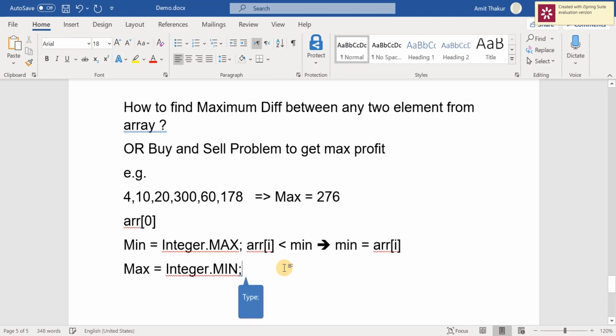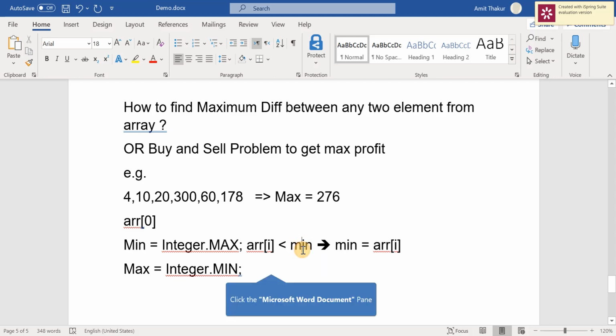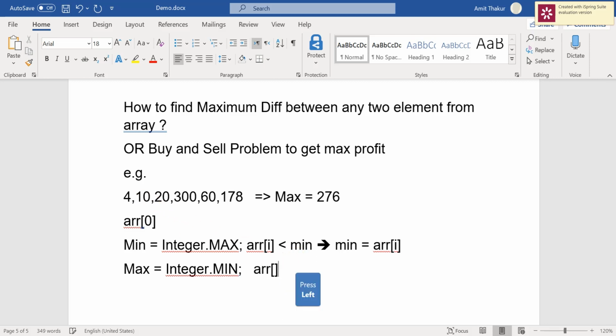And here I will see the difference. I know the min right now, so I will take array of i minus min, and check if it is greater than max.